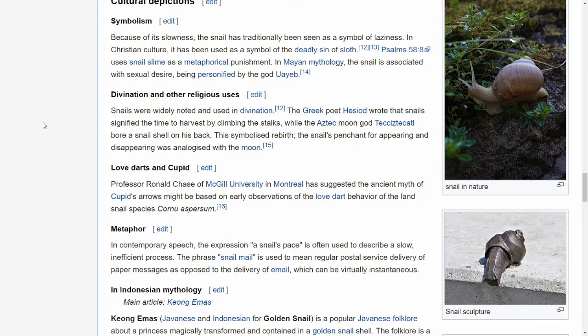Divination and other religious uses. Snails were widely noted and used in divination. The Greek poet Hesiod wrote that snails signified the time to harvest by climbing the stalks, while the Aztec moon god Tecciztecatl bore a snail shell on his back. It symbolized rebirth. The snail's penchant for appearing and disappearing was